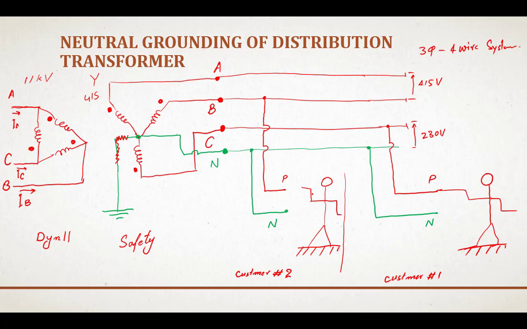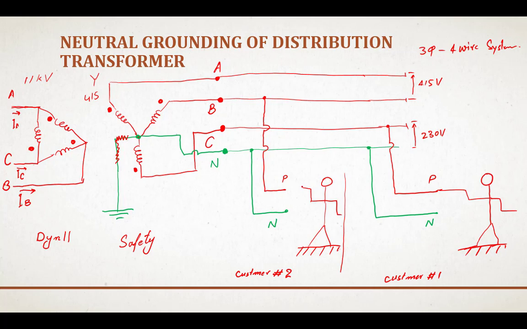If this person is in contact with either phase or neutral, that person will not experience any voltage across his hand and foot. Now the question is, we are connecting neutral to the ground for the safety of humans, yet here we have seen that humans are safe when they are in contact with phase or neutral when neutral is ungrounded. So here is the problem. Let's say these two customers are doing maintenance on their electrical systems, knowing that the system neutral is ungrounded, so whether they are in contact with the phase or neutral, there will be no shock at all, no hazard. But unfortunately, they have started maintenance at their different locations at the same time. What happened in that situation? This person was in contact with the phase.